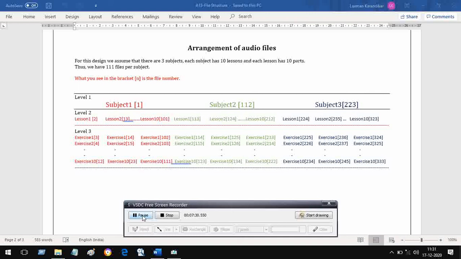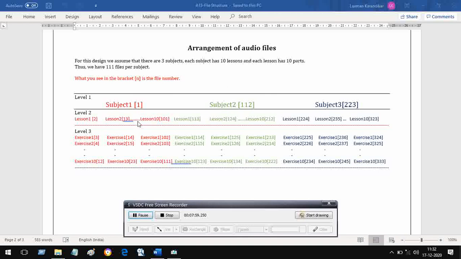But for that you should also know the relationship, that is, this is 1, then lesson number 1 is 2, but lesson number 2 is 13. Lesson number 10 address is 101. So you see what is the difference between these two addresses. From 2 it goes to 13. So in the next lesson, that is lesson 3, it should be 13 plus 11, which will be 24.